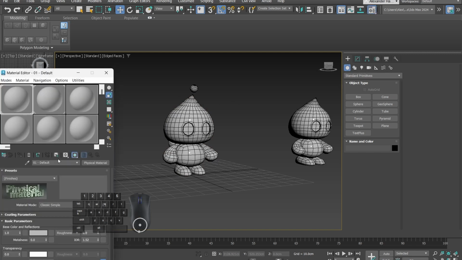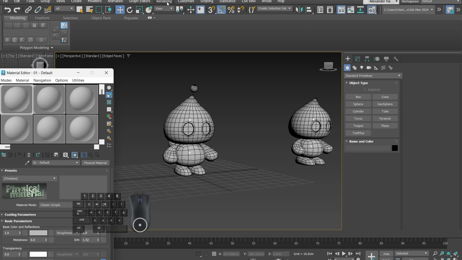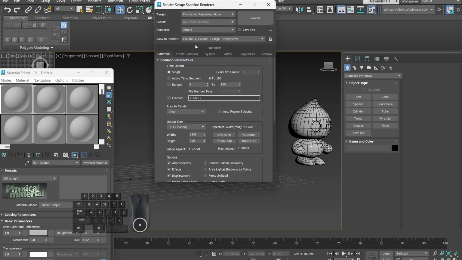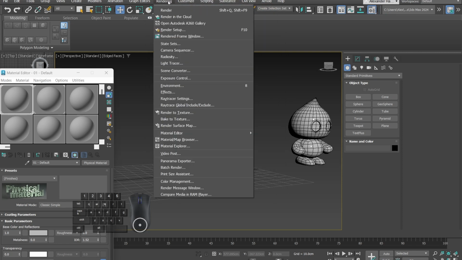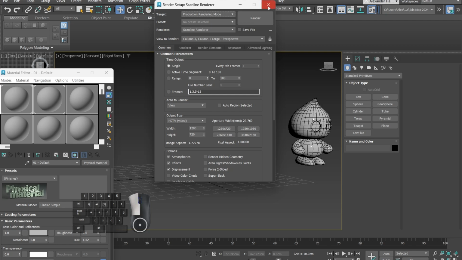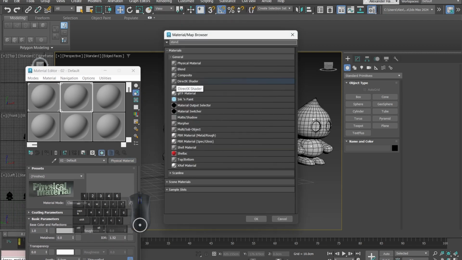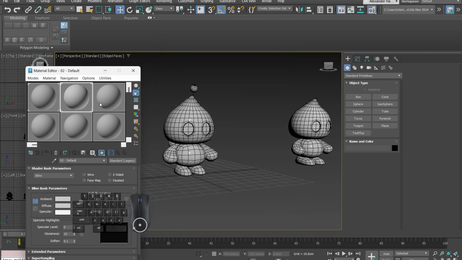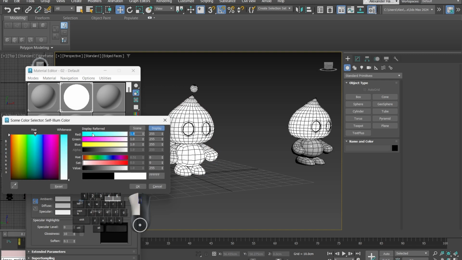In fact, I'm going to first change my render setup to be scanline. Then I'm going to get one of these materials and change it to be standard legacy. I'm just going to chuck that onto the object. I'm going to give it a color, that sort of blue,